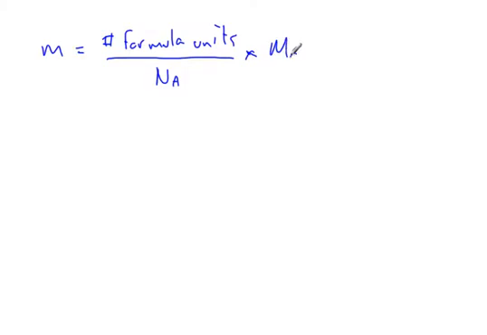We're going to do this in one step. So we're looking for a mass. Mass equals number of formula units divided by the Avogadro constant, because we're going from a very large number of formula units to a smaller number of moles, times the molar mass of copper 1 acetate. And so the number of formula units, we just calculated that as 1.206 times 10 to the 24th formula units